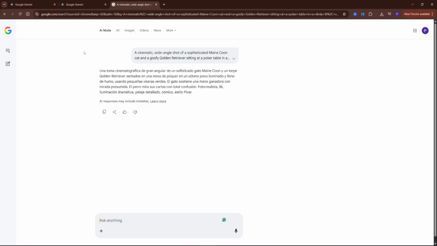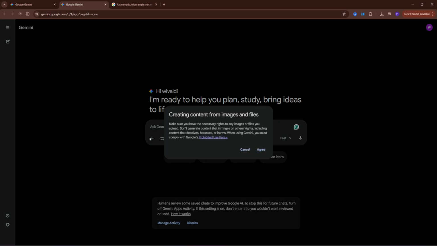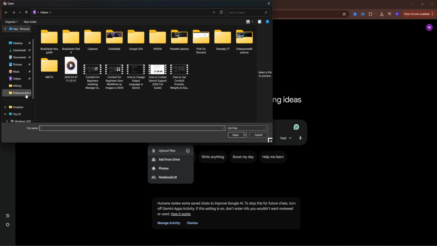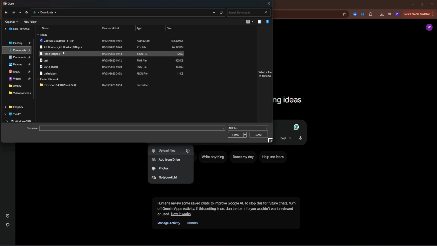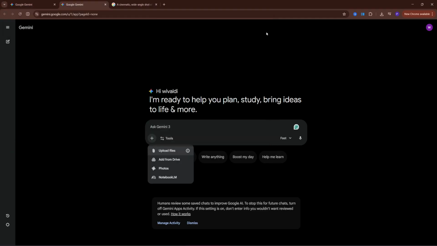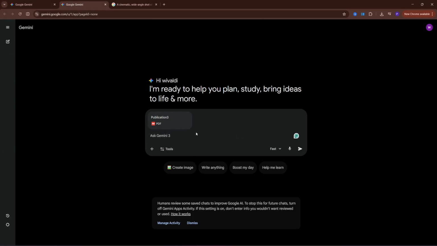Alright, now what we can also do here is if we go here to gemini.google.com, so right over here, we can translate entire files also. So if you click here on the plus button, add files, and upload files, and search here in your folder on your computer for some files, and I can open up right over here like that, and now we have uploaded our document,